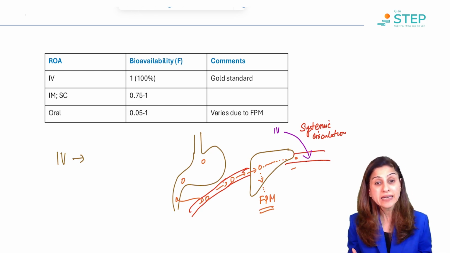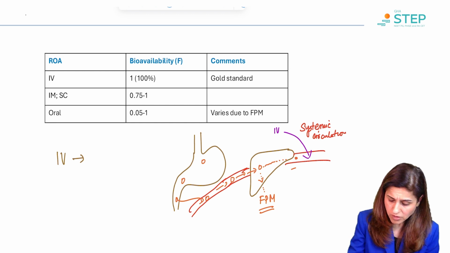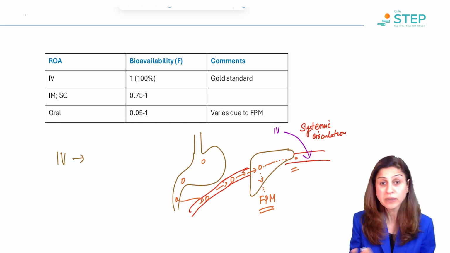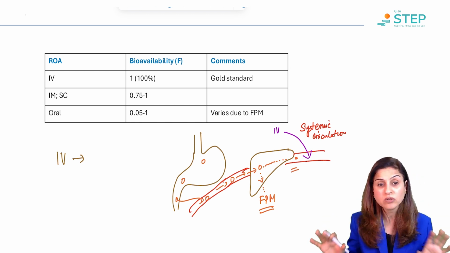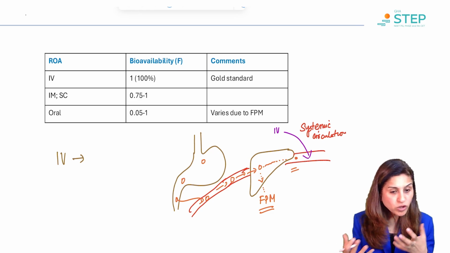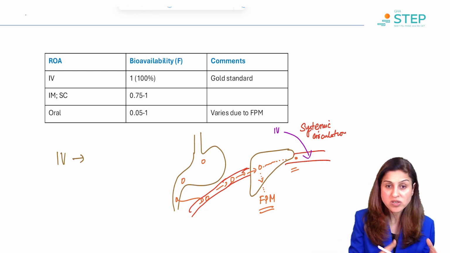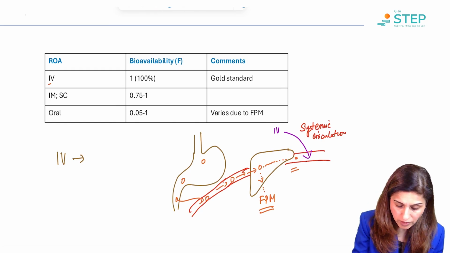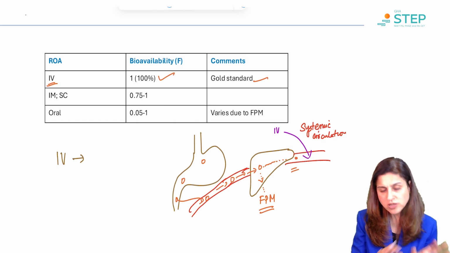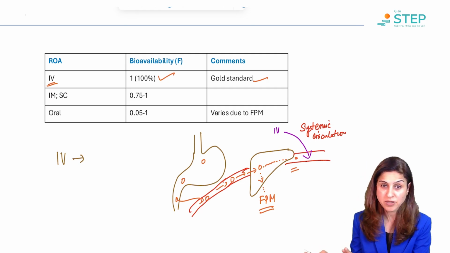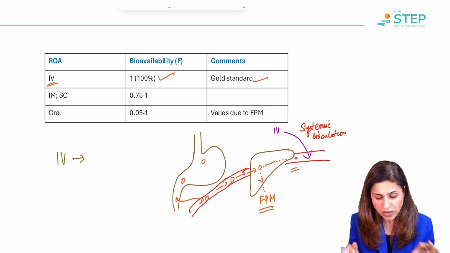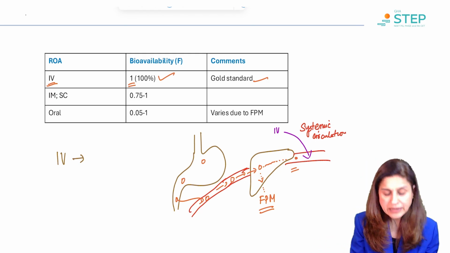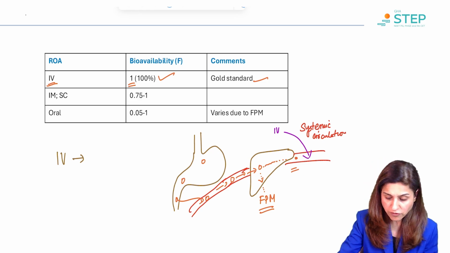And that's highest with oral, followed by the rectal route. Therefore, bioavailability will never be equal to the IV route. And we don't actually know how much drug has been metabolized, so it will be variable. Coming to this option, the IV route is the gold standard because all the drug is entering your systemic circulation. There is no wastage, so the maximum bioavailability is 100%. In fraction, it will be 1.